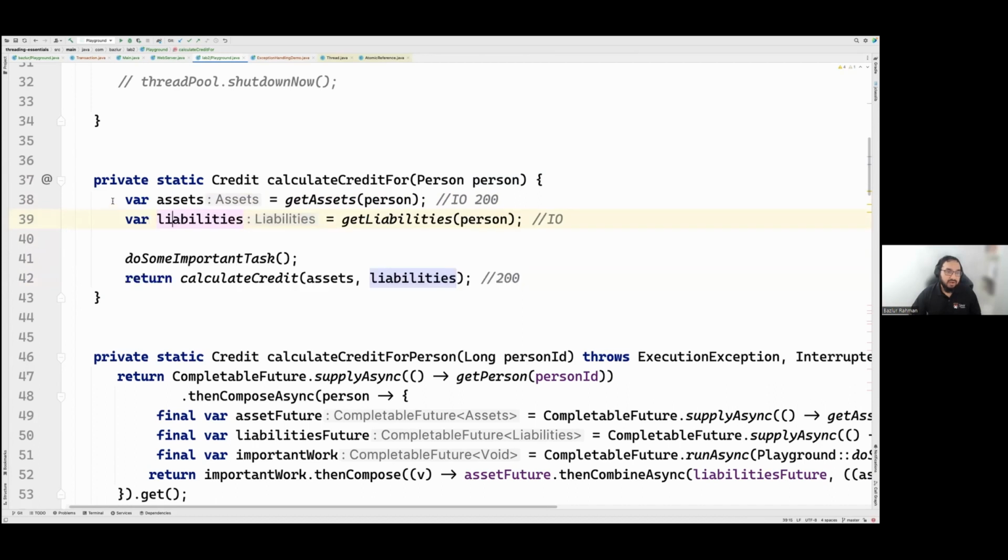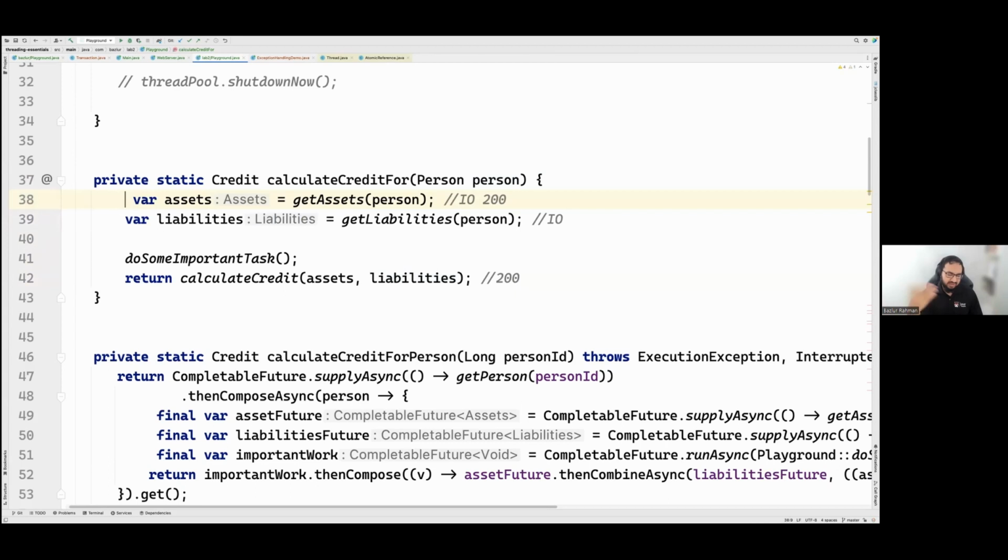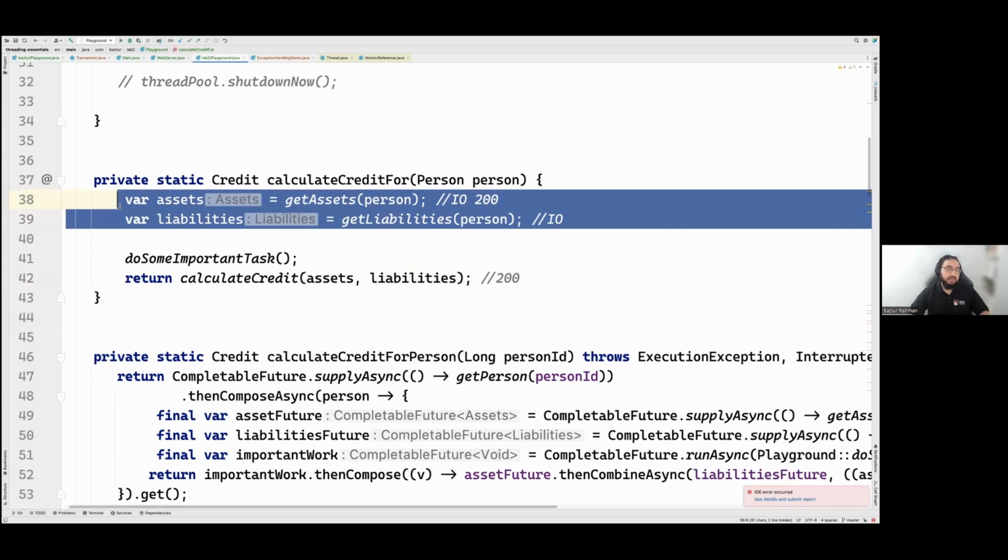But if we could do it asynchronously, there is a programming method called something like async. I am not familiar with how C# does it, but probably C# does similar things. Yeah, that's exactly what we do. So we can do that, right? So if we call these asynchronously, because over here, to calculate this credit, we need both results, and these two methods can be executed in parallel. If we can have that, we'll have a performance benefit, right?